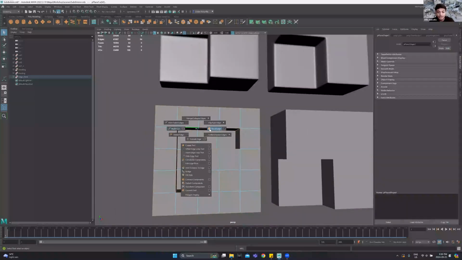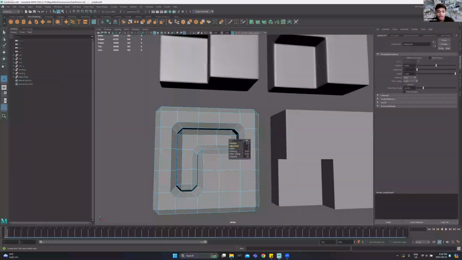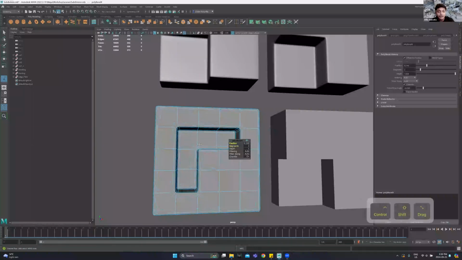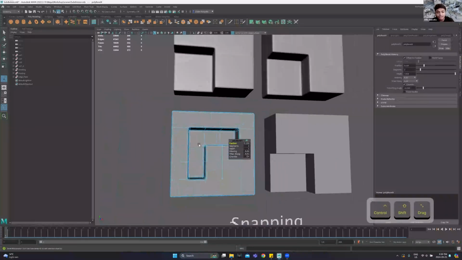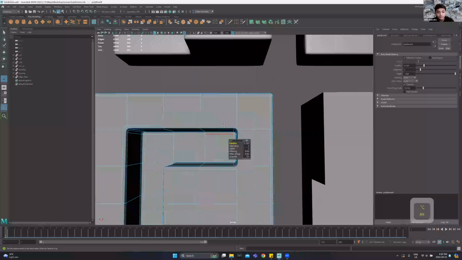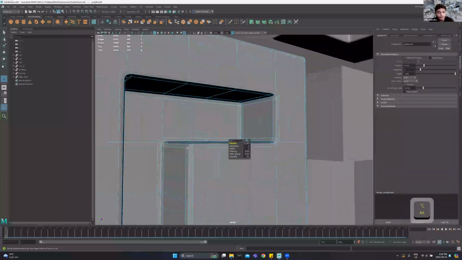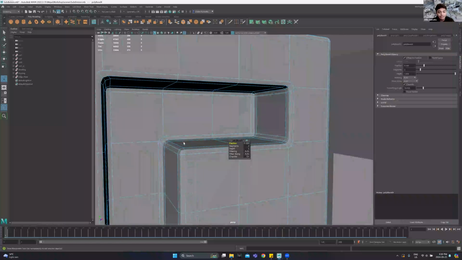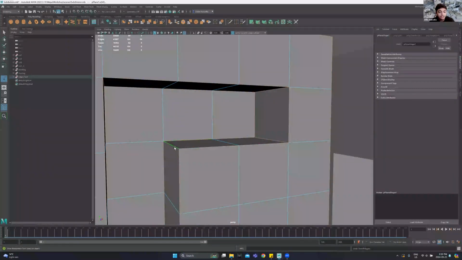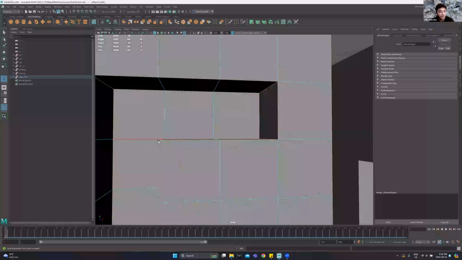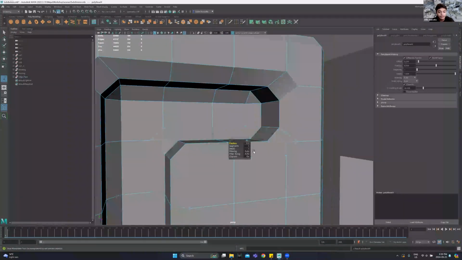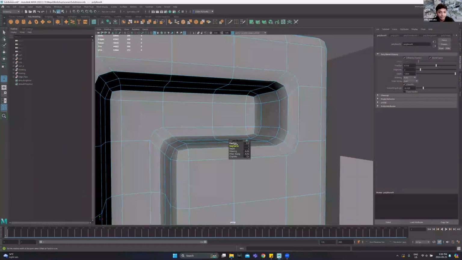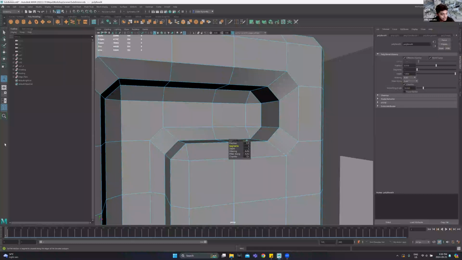So again, shift right click, bevel edge, and I'm gonna add two segments. I think a lot of times two segments is the safest option because when you bevel with two segments, a lot of times what is going to happen is if you have an edge that is situated on the outer corner of an L, when you bevel, it's going to solve itself. Okay. And what I mean by that is,